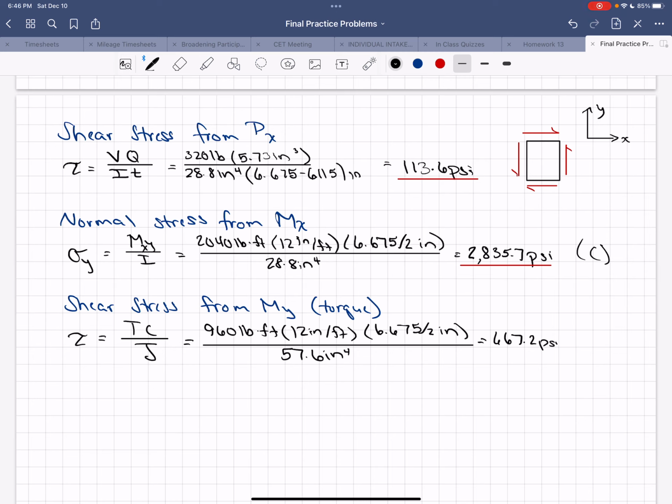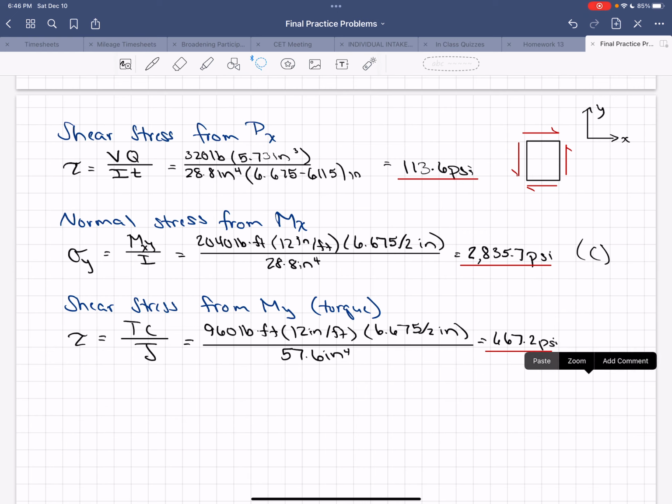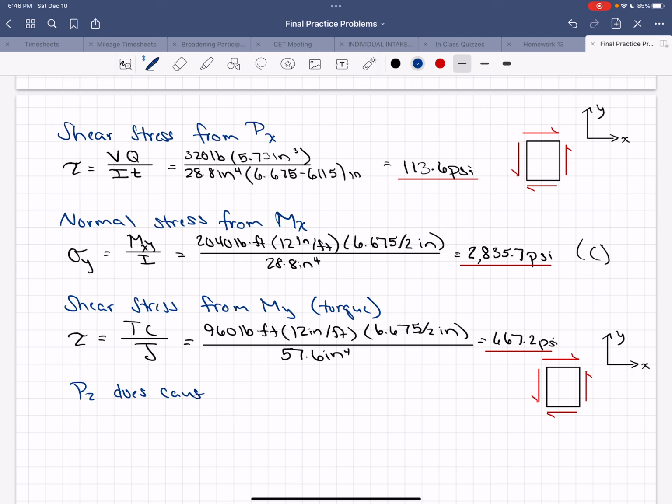667.2 psi. We said it was going to spin it. The shear stress was going to be the same as the direction of the bending stress. All right, so here we have PZ does not cause a shear stress